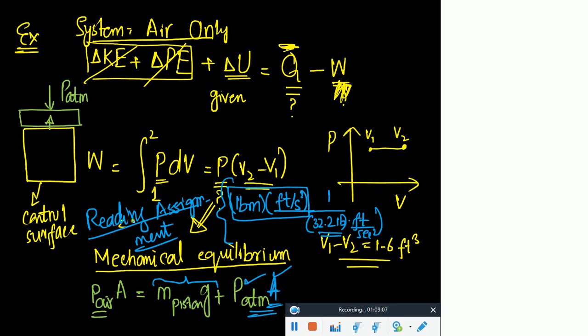So this is kind of a reading assignment. Please do that. If you still have confusion, I can discuss that in the class, right? Please let me know what the confusion is, and then I will try to answer that. But go back and check that conversion. Okay, so that's how you can find out pressure. Plug that pressure back into this equation, find out work, and then find out Q. Okay?